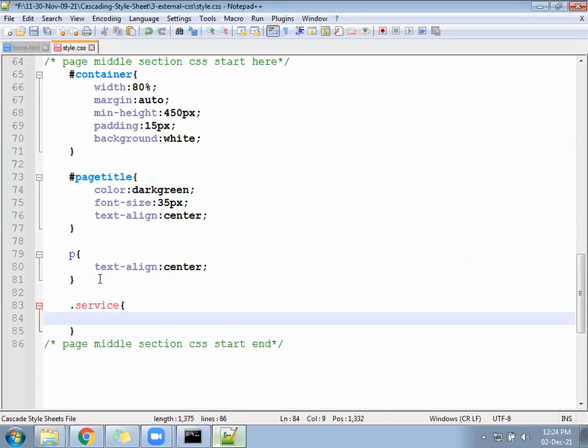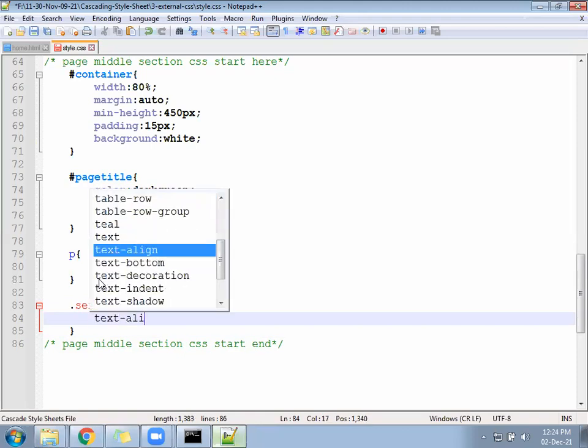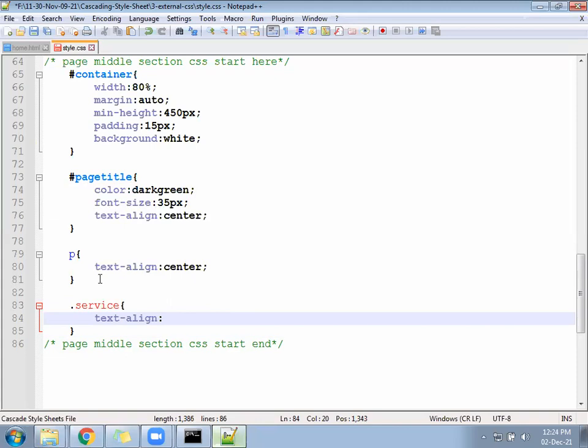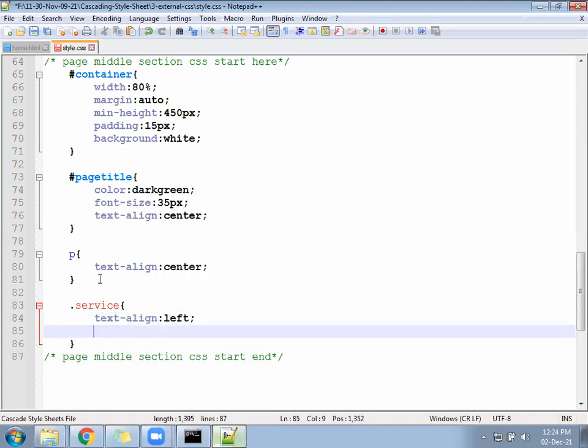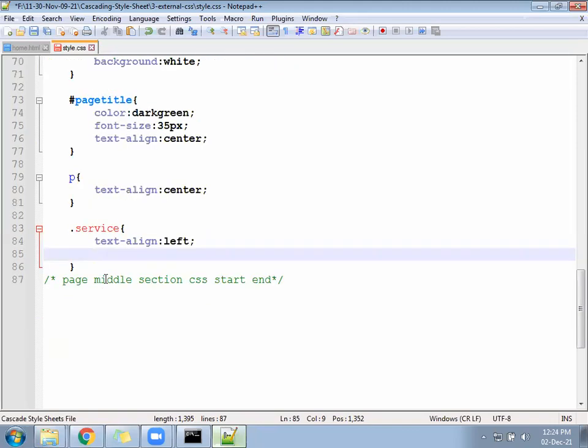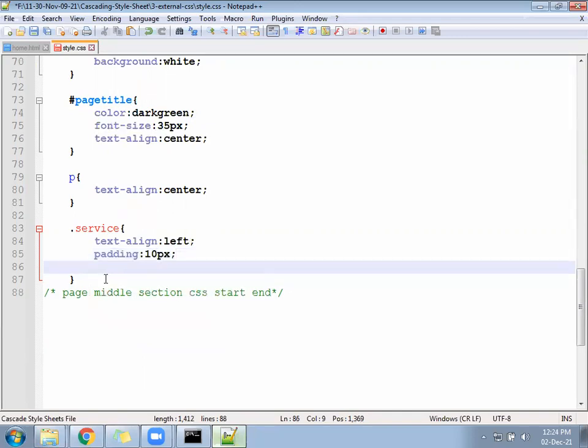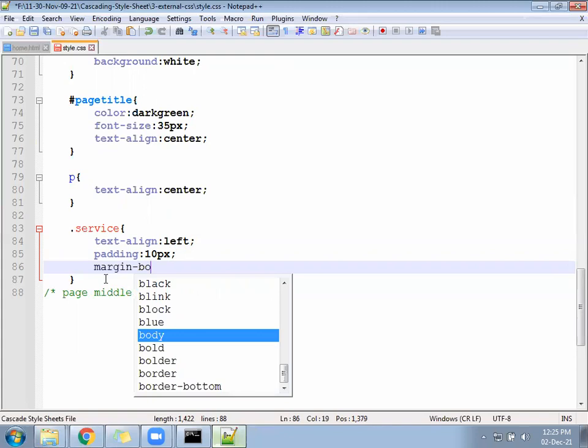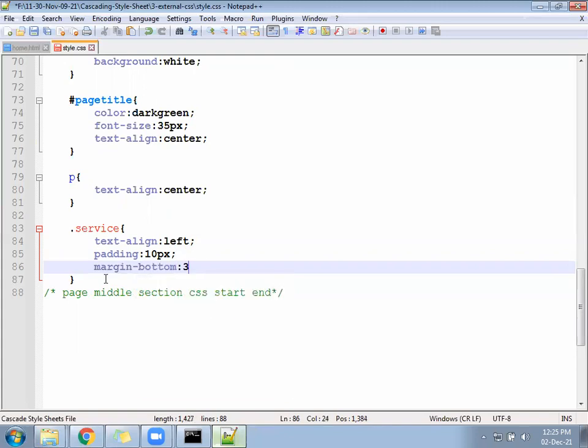For that, there should be text-align left side, so that everything prints from left to right. After that, there should be padding inside, somewhere 10px. There should be margin-bottom: on the bottom side, a margin of 30 pixels.